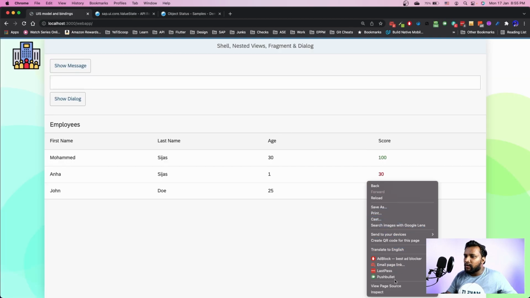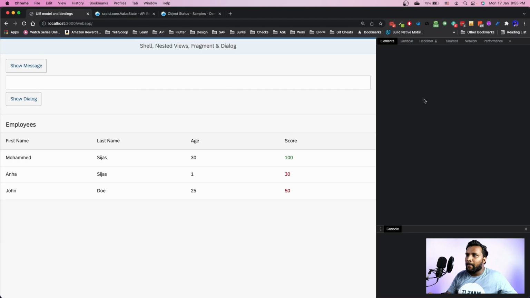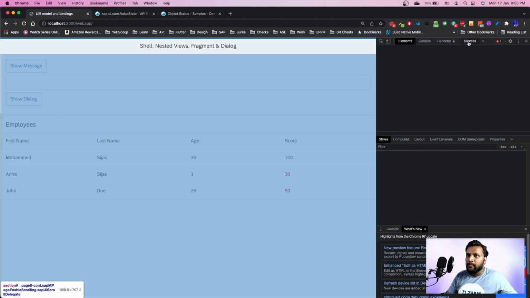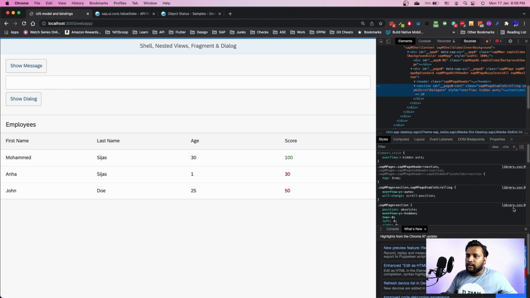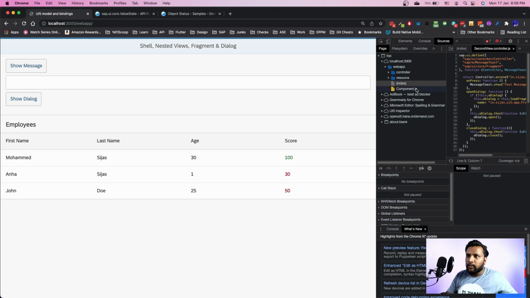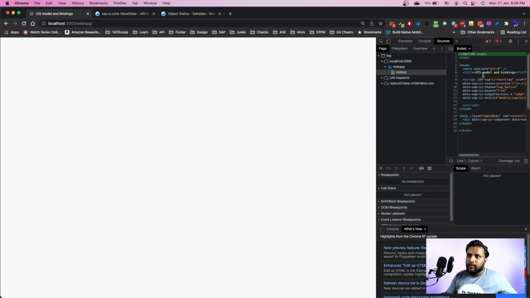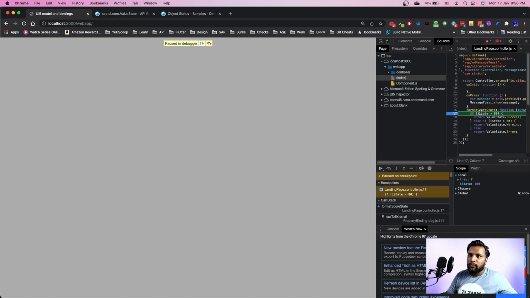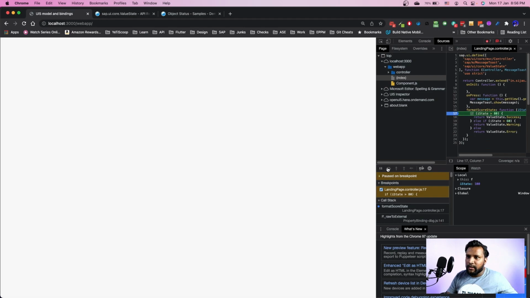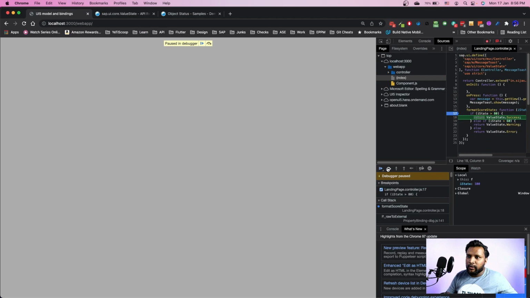So how do we know it works? Let me go to inspect element and go to sources. I'll go to my controller, which is the landing page controller, and I'll put a debug point over here. I'll refresh this. You can see here, as soon as the refresh is completed, you get a hit at line number 17 with iState value as 100. You can just go to the next line. You see that it's above 80, so it returns success.